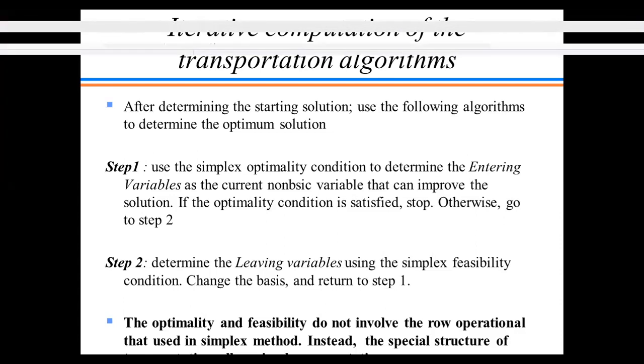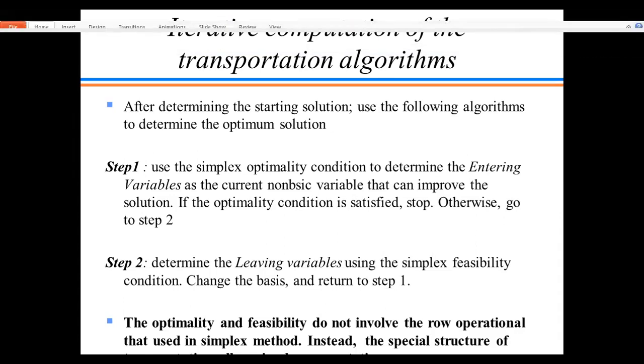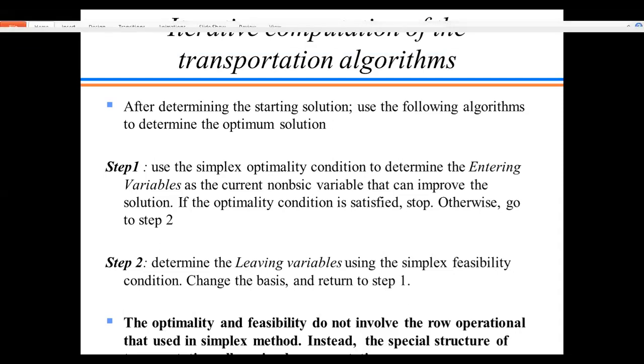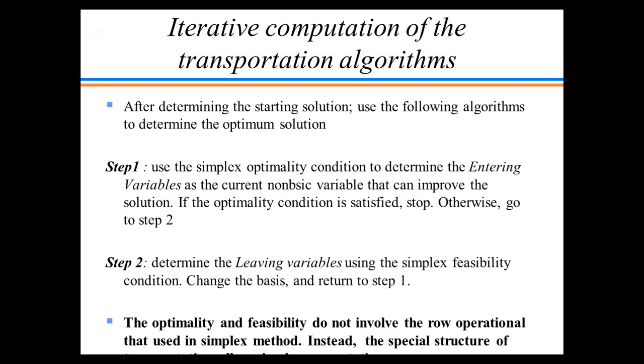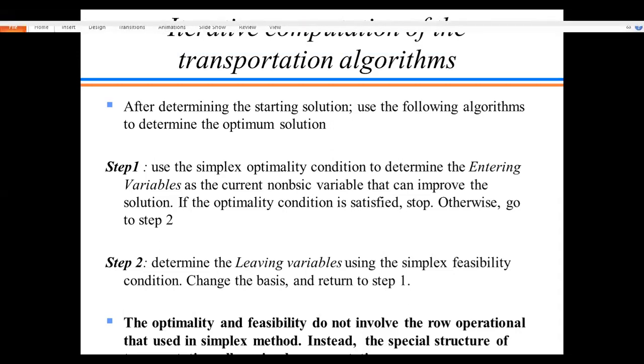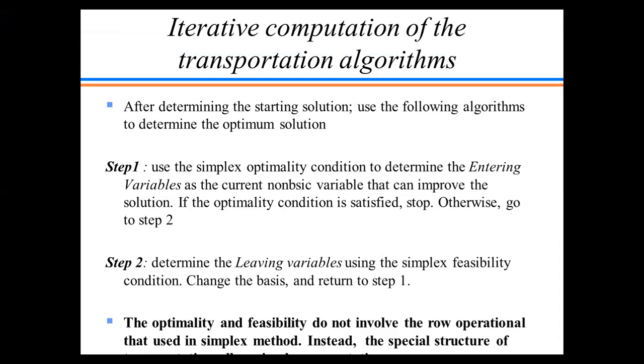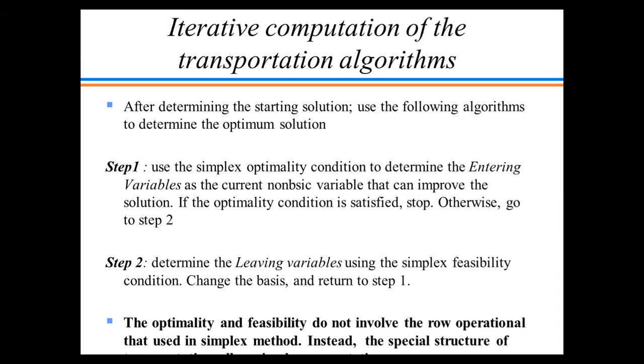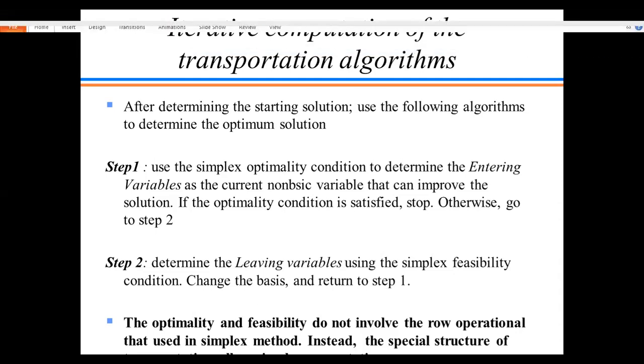It is the simplest method, where you have to start from the upper left corner and then move either down or to the right until you stop at the lower right corner. And then the second method is least cost rule, where the logic is very simple. You have to start from the least cost and then the second least cost next until all the demand are satisfied. And then the third method to find the starting solution is Vogel approximation method.